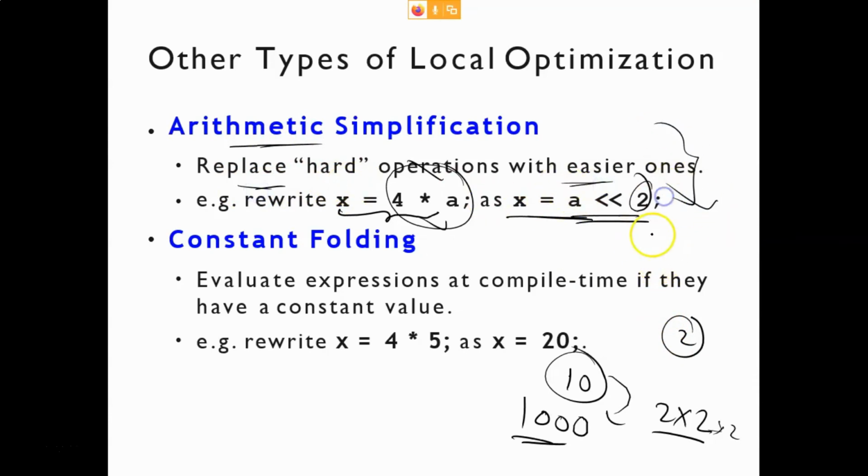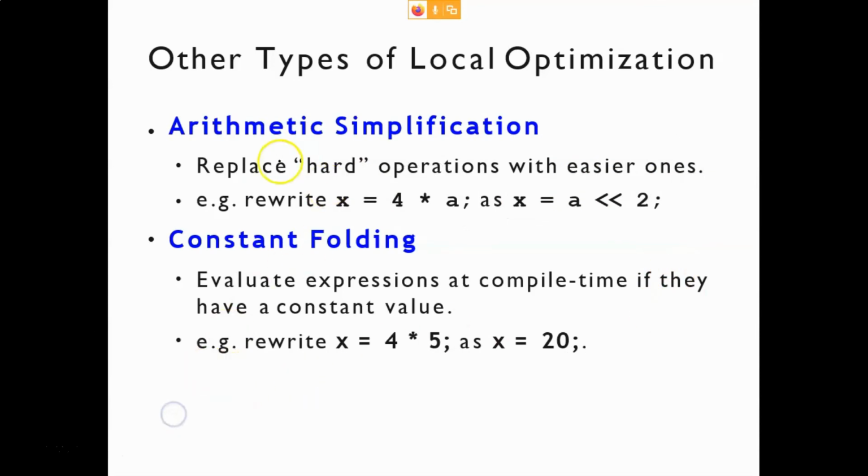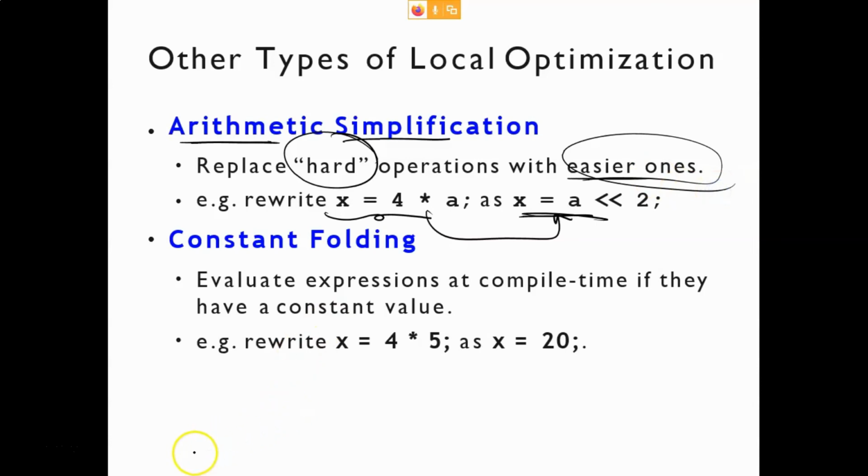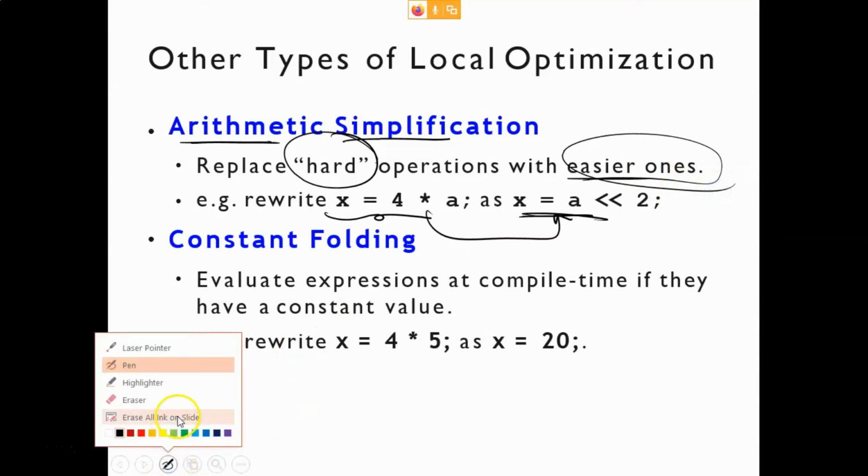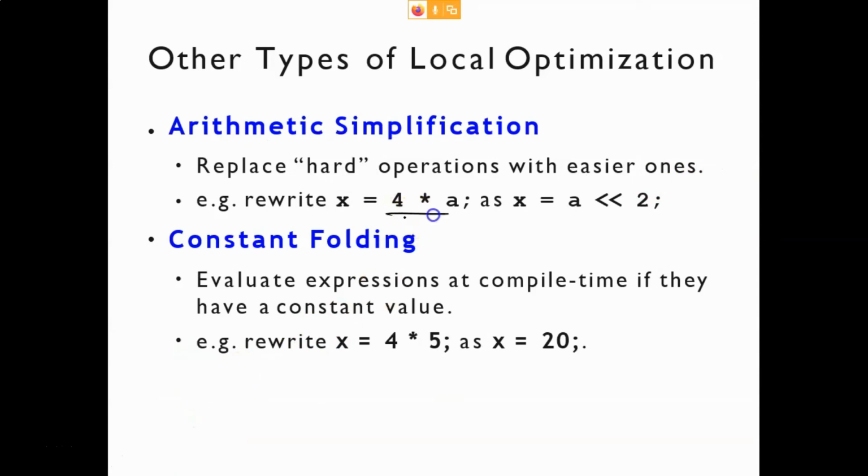I don't think in the GATE exam they are going to ask you these things, but if they give you an example and ask what optimization has been used, you can see that this is arithmetic simplification. You are replacing the hard operation with an easy operation. You are changing the operation, but remember the semantic is not changing. Anyway, this is arithmetic simplification, small simplifications.